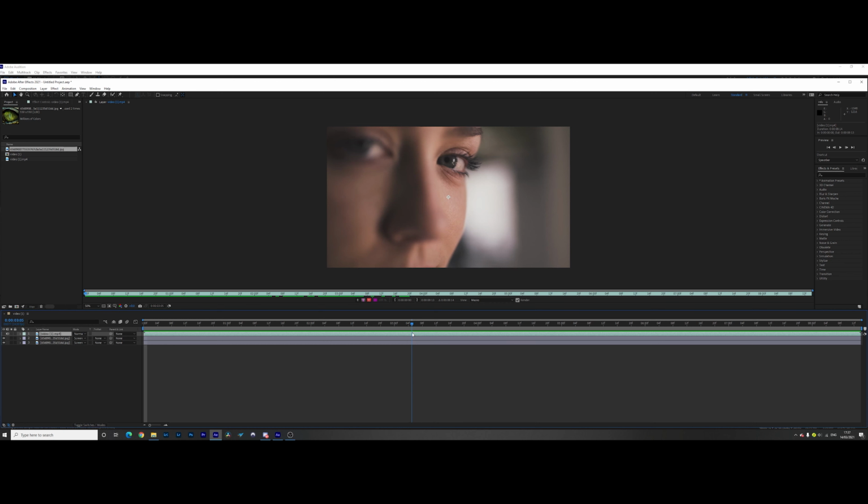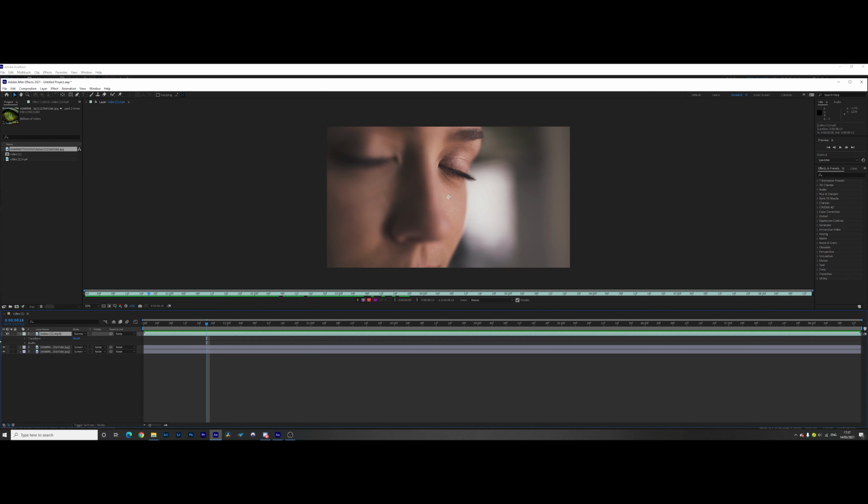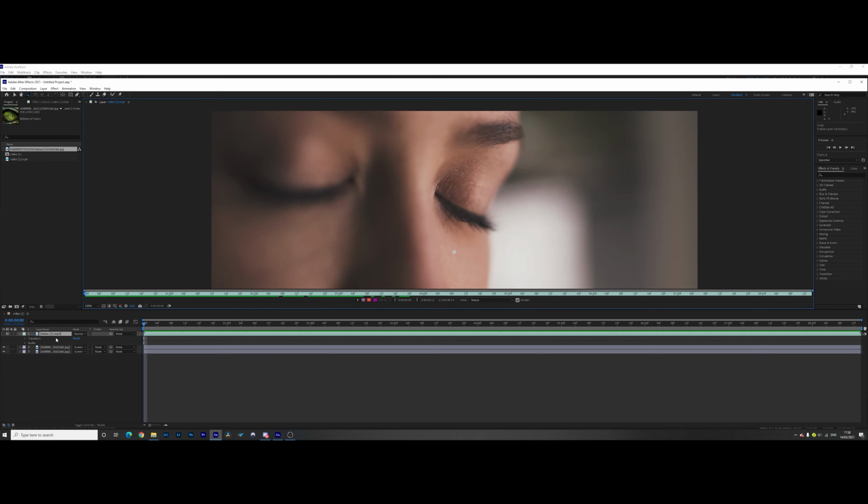So we need to make sure they're closed, and you need to get a mask on this layer. So what you need to do is select your masking tool, your pen tool up the top. So select pen tool, and it is better if you can zoom in. Okay, so grab your masking tool,